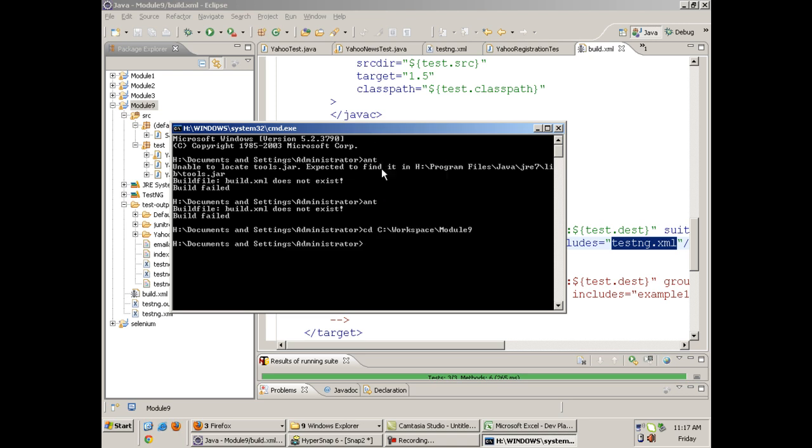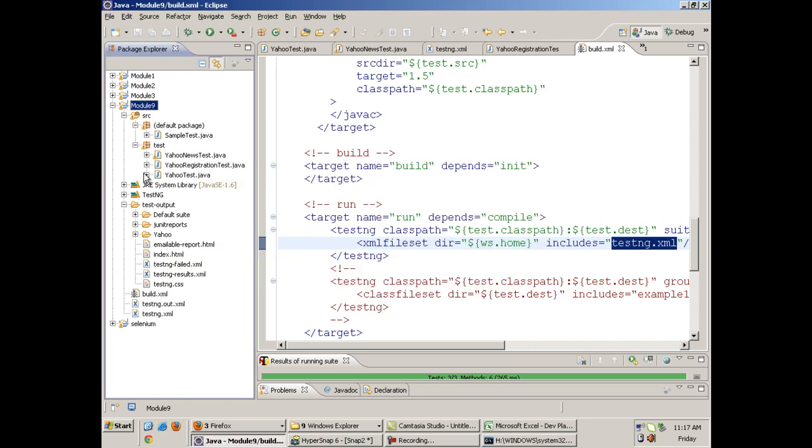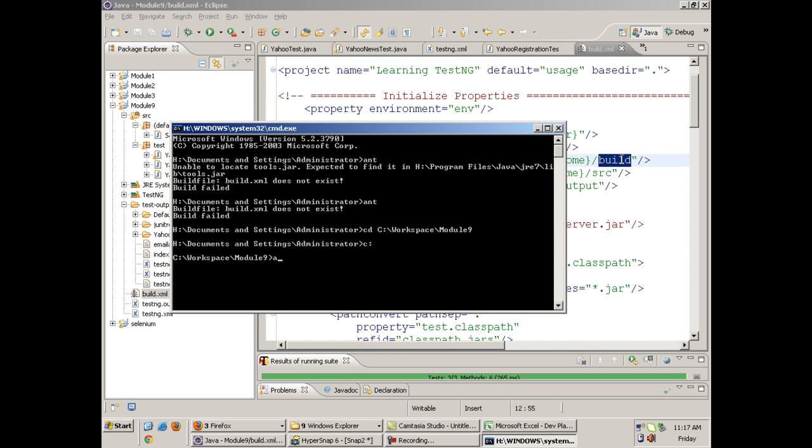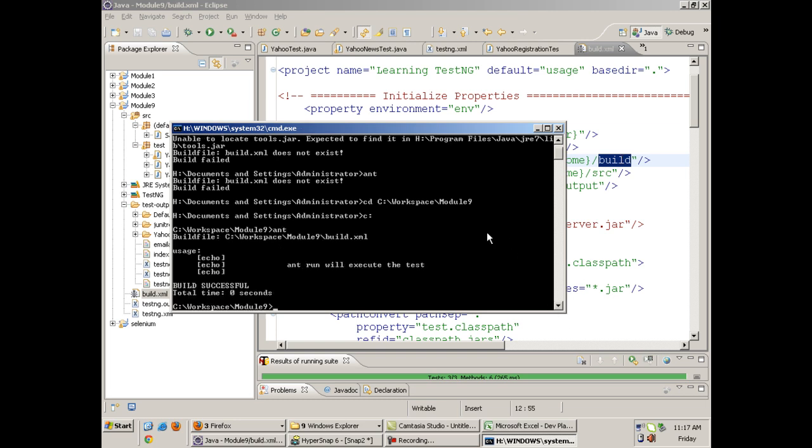We know that in this project under module 9 we have got build.xml, and build.xml tells Ant everything: this is your jar file, here is your workspace, here is your source folder, the destination folder, and everything. So when I write Ant here under this path, I will get a message that Ant will execute the test.